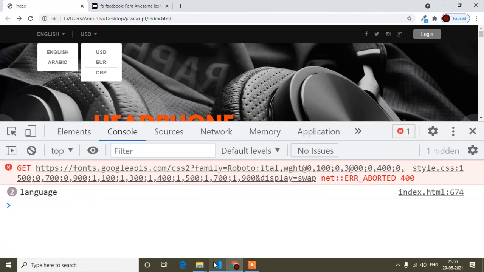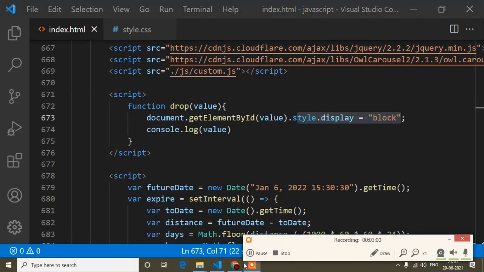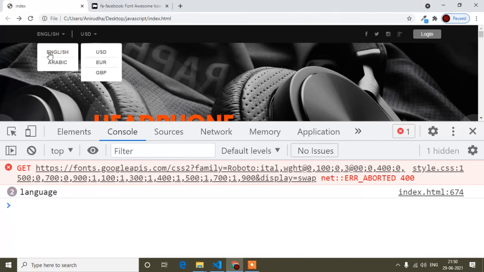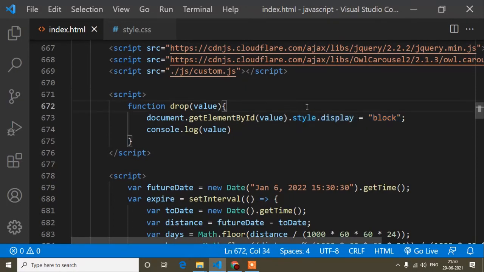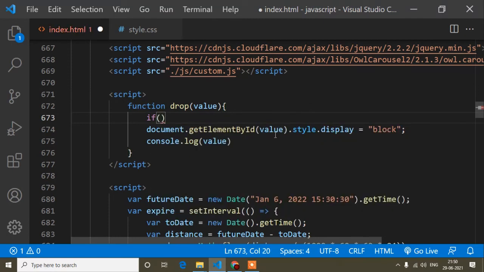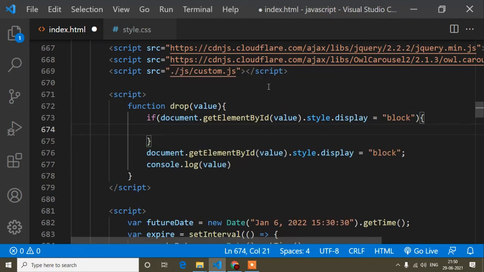Okay, but here I have to write another condition, that is when it's already open. So again if I click this one, it will hide also. So for that here I have to write an if condition. If this document.getElementById is already block, I mean it's already open, so that time I will do it none.